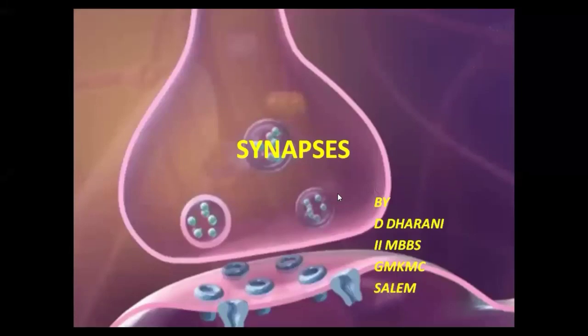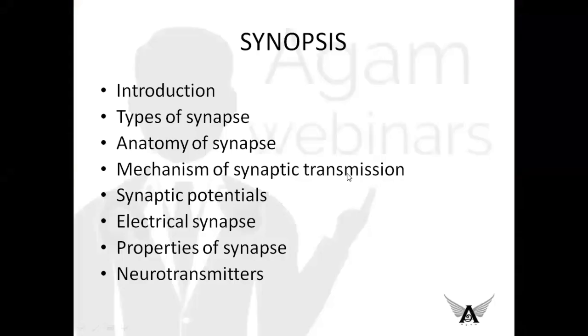Hello guys, in this session we'll be dealing with synapses present in the central nervous system. It is a very important topic and this topic forms the basic knowledge for understanding the central nervous system. We'll be seeing the introduction, types of synapse, anatomy of synapse, mechanism of synaptic transmission, synaptic potentials, electrical synapse, properties